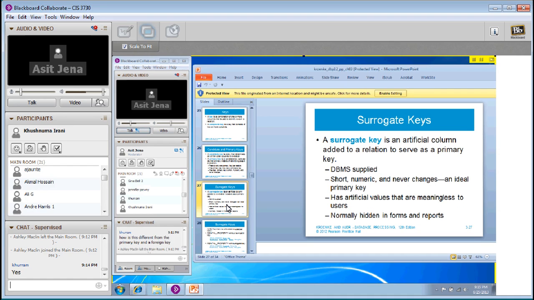Surrogate keys. Again, we're going to go through a lot of concepts. A surrogate key is an artificial column added to a relation to serve as a primary key. Surrogate keys are usually auto-generated by the database management system. So it is something that is not part of the data itself, but for various reasons to make things more identifiable, sometimes